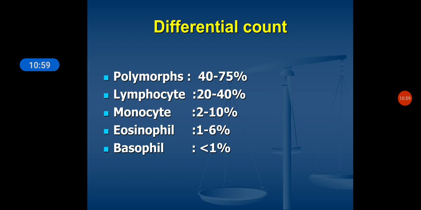These two are very important for you. You should know the causes. If you have neutrophilia, what are the causes? What are the causes for neutropenia, lymphocytosis, lymphopenia, monocytosis, eosinophilia, basophilia? They should be at your fingertips. For the differential count, what is the normal count for each WBC, and what is the normal total count, all these things are important. Definitely you will encounter this in your future life, as well as for Viva. This is very, very important.